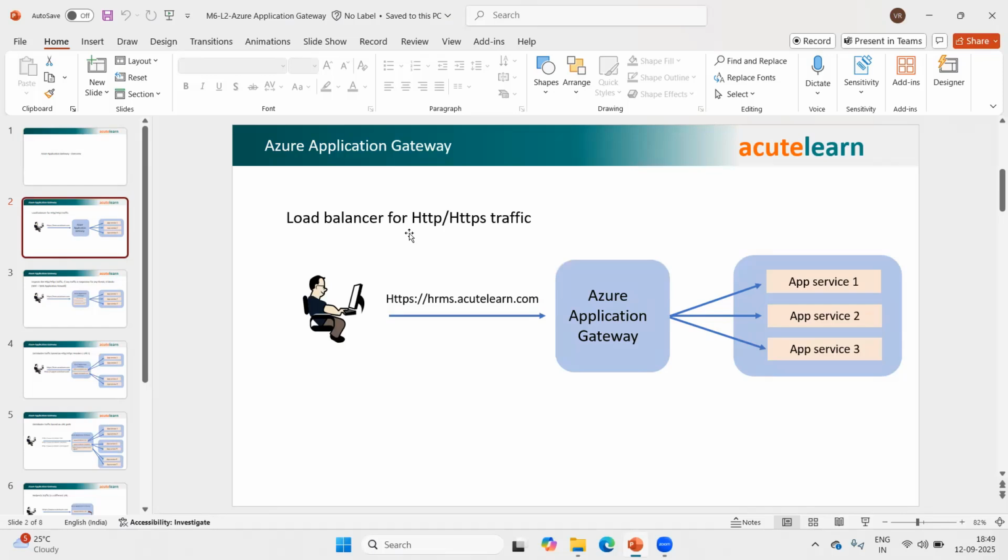If you want to load balance an FTP server, an SSH server, an SFTP server, a database application, or something else, we cannot use an Azure Application Gateway. So one of the primary functions of this application gateway is as a load balancer. Let's say a user types https://hrms.acutelearn.com. The request is sent to the Azure Application Gateway, and the Azure Application Gateway can send the request to the Azure App Services. So it can support app services in the backend,